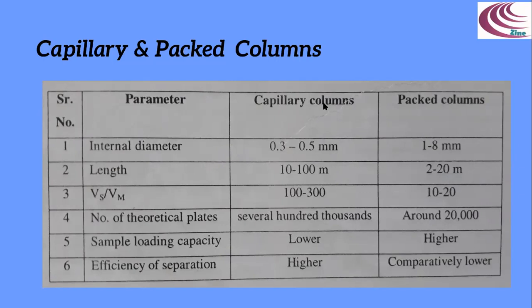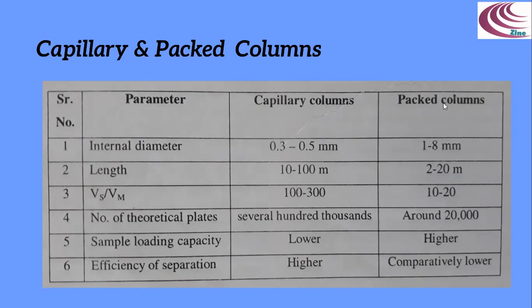The loading capacity of the capillary column can be increased by coating the inner walls of the capillary with a porous material such as graphite, metal oxide, or a silicate. The porous materials provide increased surface area for the coating of the stationary phase, which automatically increases the loading capacity of the column.